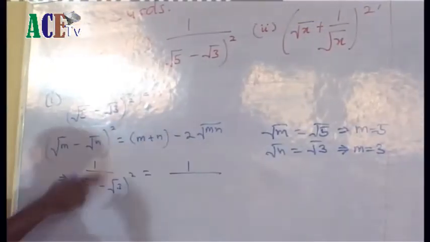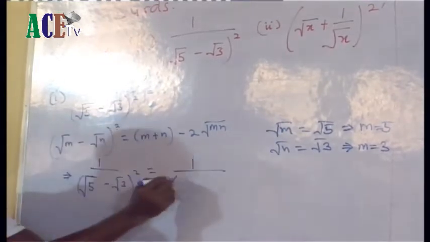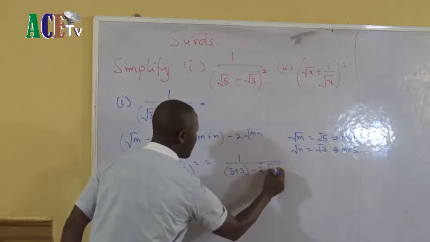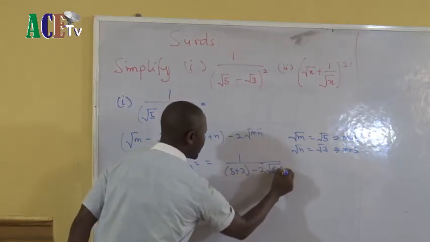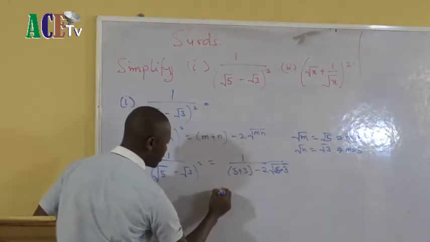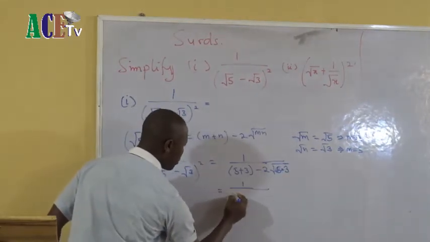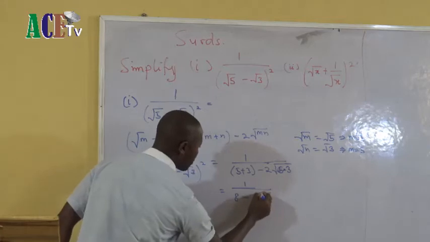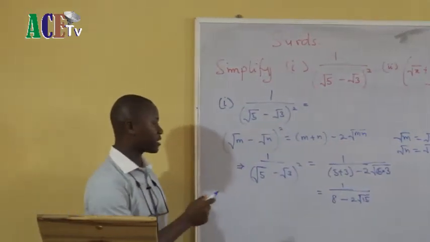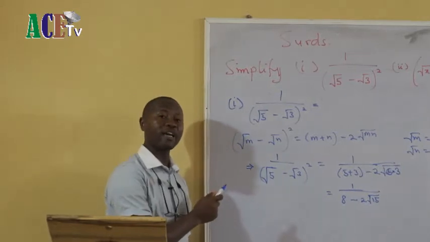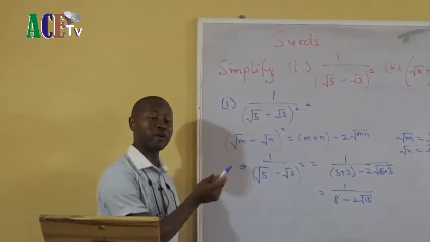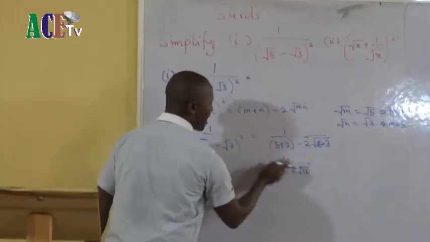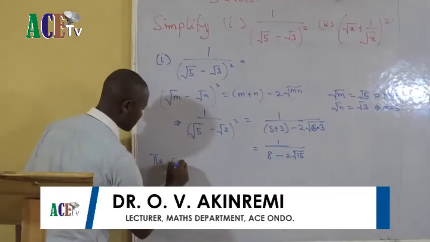Once we know that, we can adapt that to this. So this gives us 5 plus 3 minus 2 square root of m times n, which is 5 multiplied by 3. So this would give us 1 over 8 minus 2 square root of 15. Now the next thing we need to do is to apply our rationalization. We rationalize this by using the conjugates that we've learned. So writing out our conjugates,